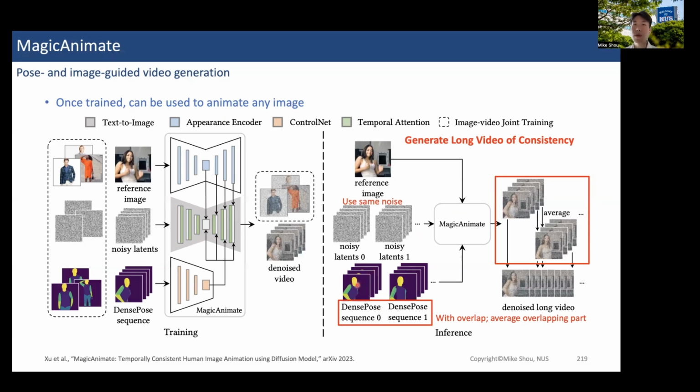And another thing is that because now we have multiple sequences, and for all these sequences, we actually use the same noise. So again, noise provides some kind of initialization or information about the structure. So ideally, if we want to maintain consistency over time, then we use the same noise as initialization. And then given the reference image, we can combine all this together to fit into the trained model for